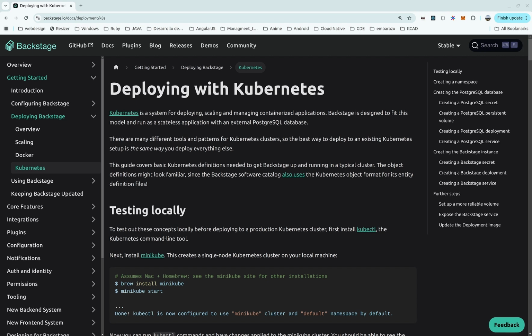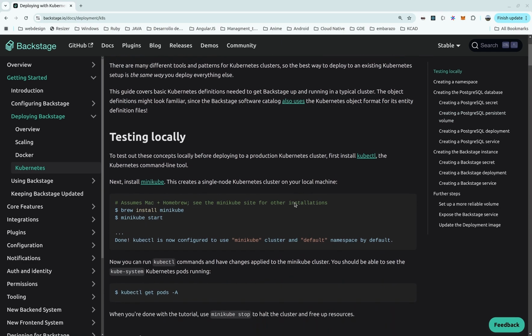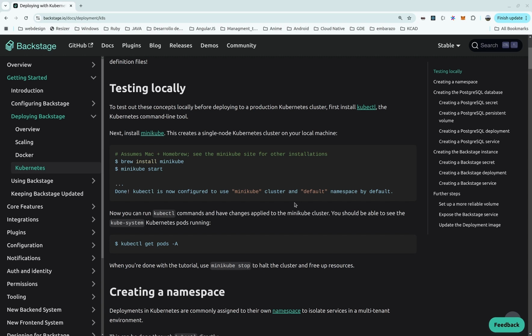So you can have different options in order to test this locally. For example, you can use Minikube, you can use Kind or K3s. It depends on your experience and on what you are looking for. These kinds of technologies could be useful for testing your Backstage instances locally, so you can choose whatever you want. In the Backstage documentation, they recommend using Minikube, but again, you can use another one. The main prerequisite is to have a Kubernetes cluster working on your computer,